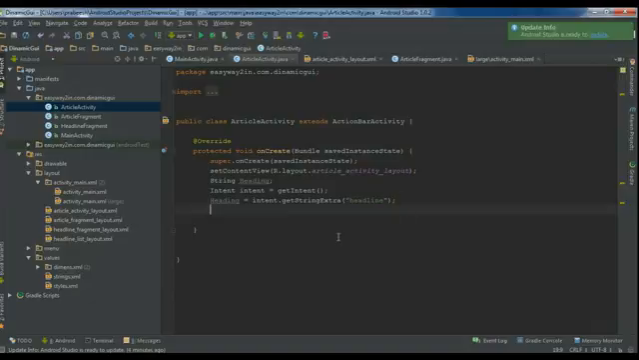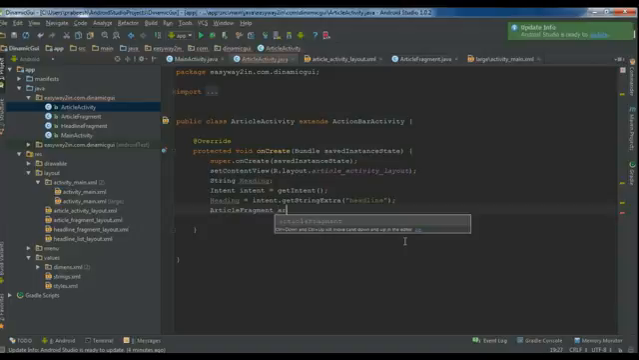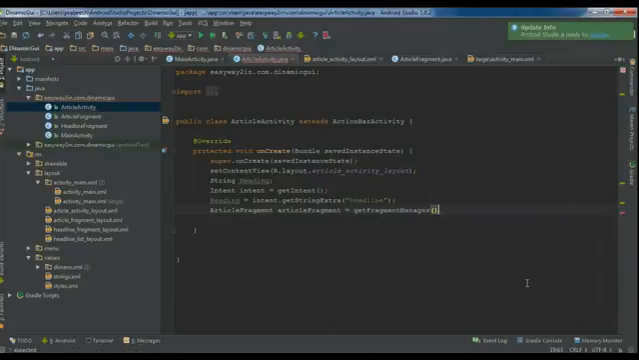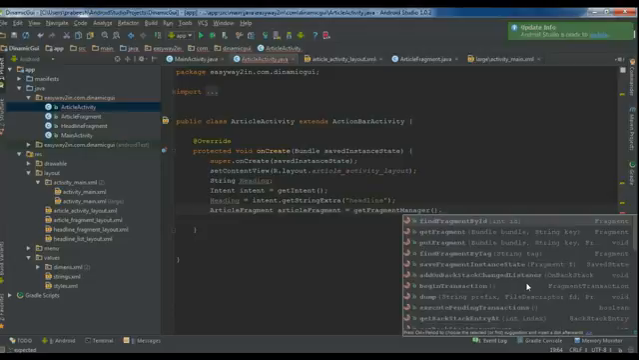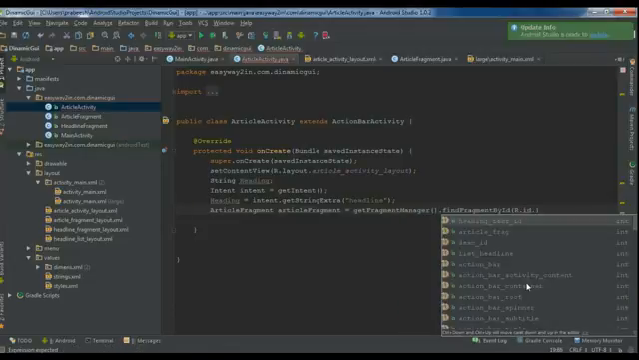Okay, now we have to pass this heading into the second activity, article fragment. So first we have to create an object of article fragment. Name it as article fragment equal to get fragment manager. Get fragment manager dot find fragment by id, dot id, go to the